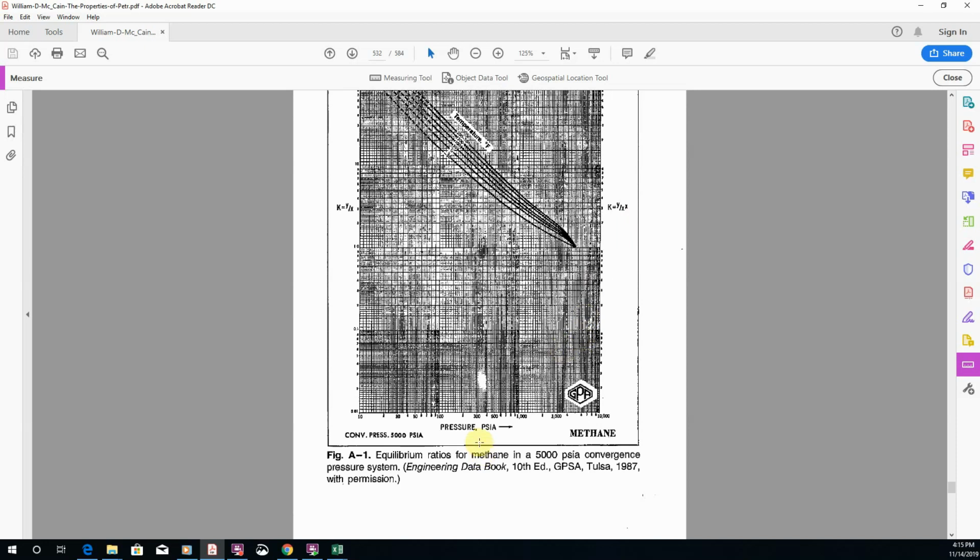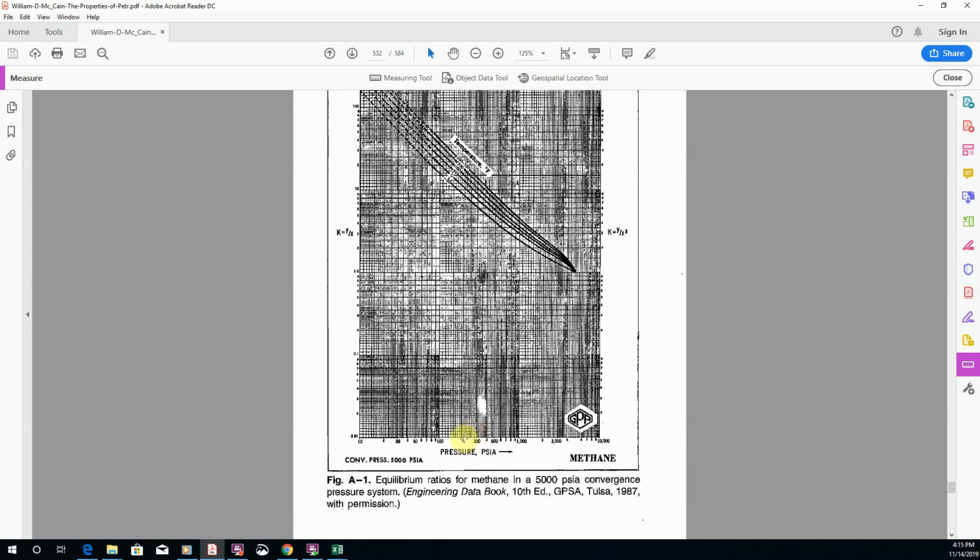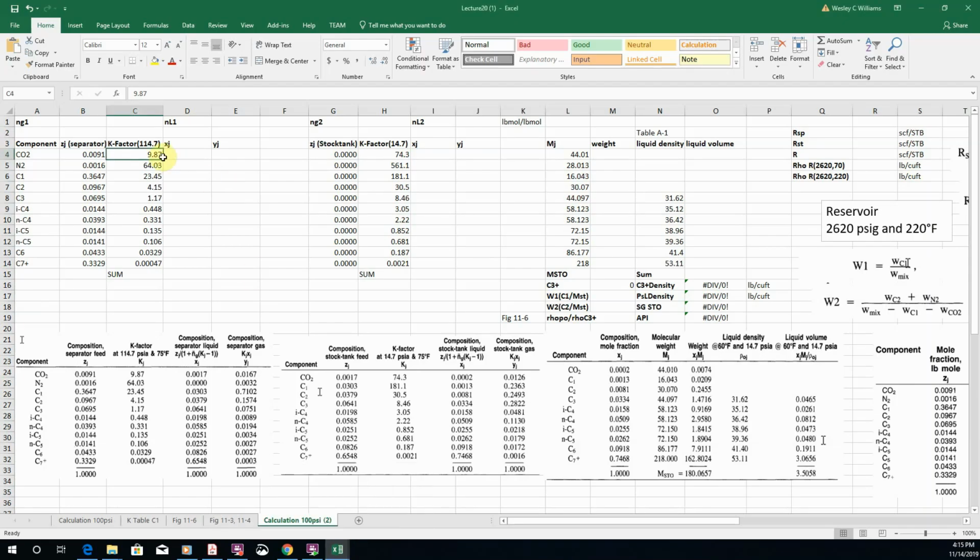That's butane, propane. So here's the methane chart in Appendix A, page 495. So we would come to the separator pressure, and the separator temperature is one of these lines, and you can zoom in on the PDF pretty good. Problem is it's really hard to read these numbers. So for the sake of solving this problem, I took the values that he had found from the charts